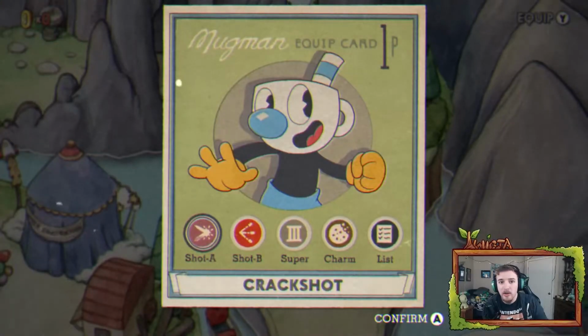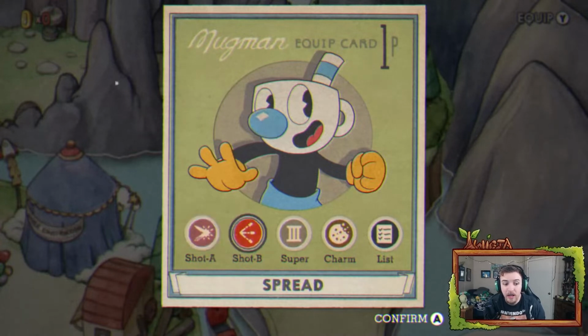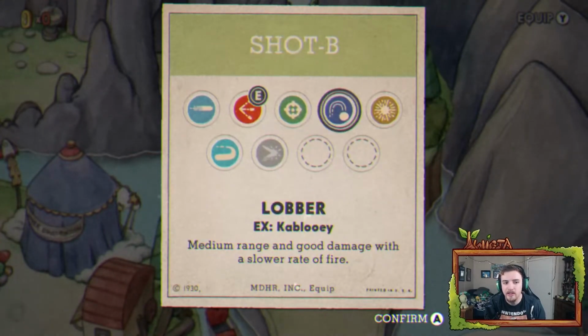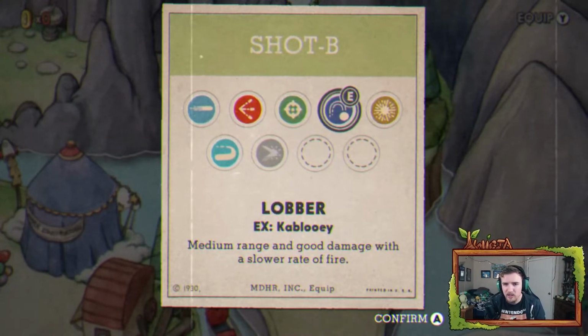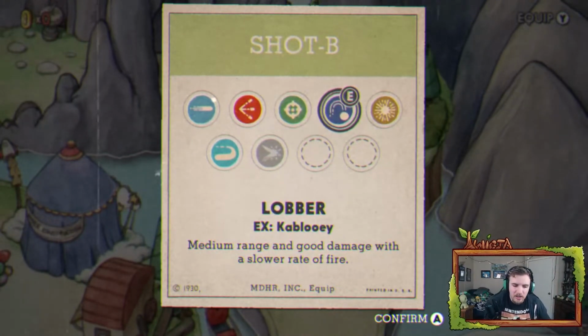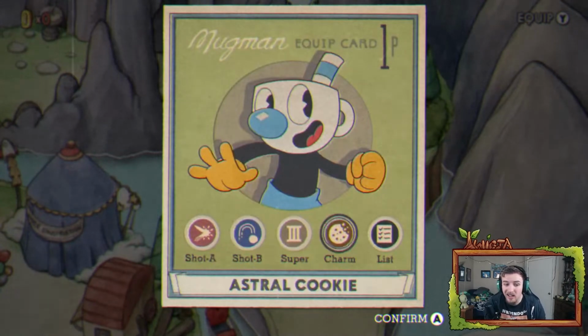Alright, so we're about to go against King Dragon himself, but I want to let you know that I like using the lobber actually instead of the spread here, just because there's no minions that we have to worry about shooting at. Really, he spawns those little fire guys, but I'm pretty sure you can't take those out. So you want to use the lobber instead, and I will show you why, but we're still going to play